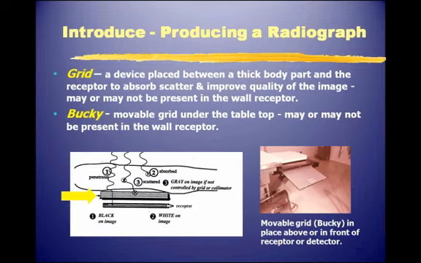A grid is a device placed between a thick body part and the receptor to absorb scatter that we were talking about earlier and improve the quality of the image. You can see it here on the picture on the left with the big yellow arrow pointing to it. The number 1 represents X-rays that penetrate the body part and reach the receptor unchanged. They go all the way through the grid unchanged as well. The number 2 represents X-rays that are absorbed within the body